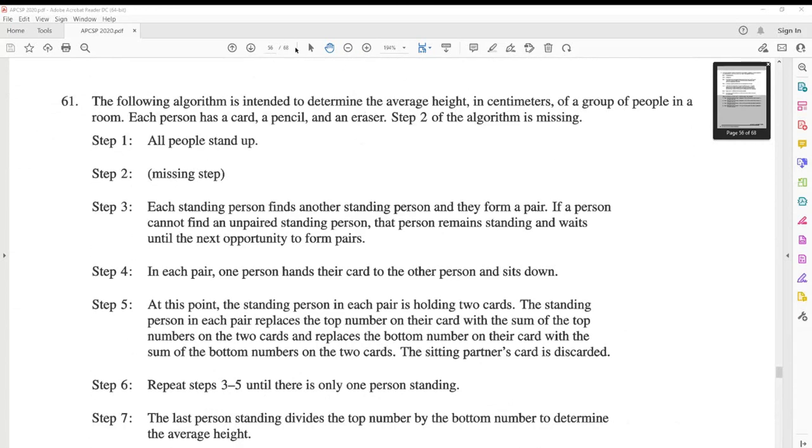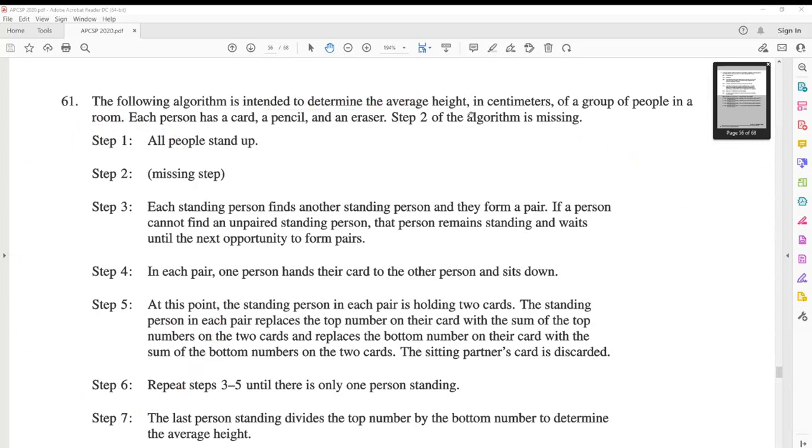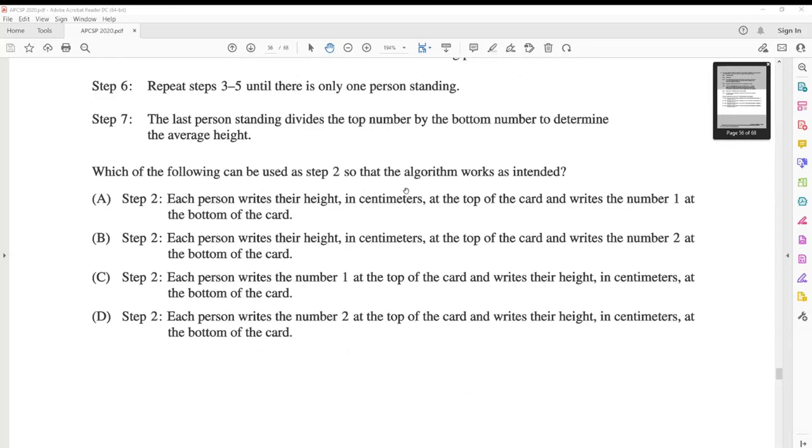So when you take an average of the people's height, you should have the total height divided by the number of people. That actually is for sure, no matter how complicated the algorithm is, and whether using pencil or pen or whatever. So I would choose A when I go in, even if I do not study it. I have a sense that they must put their height in there.